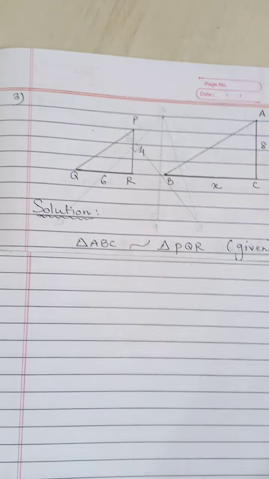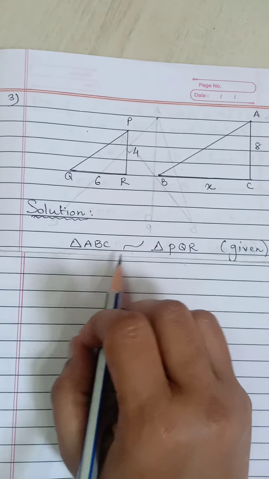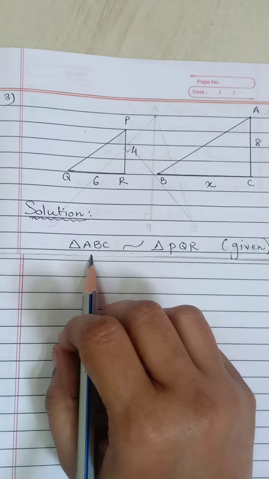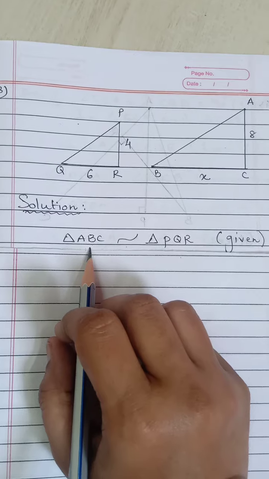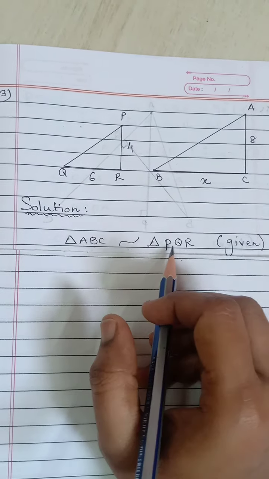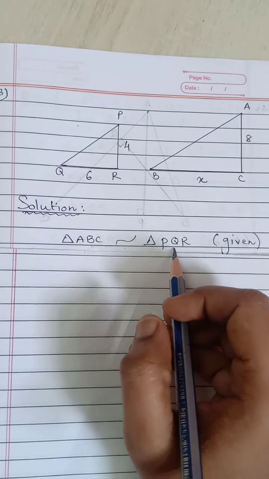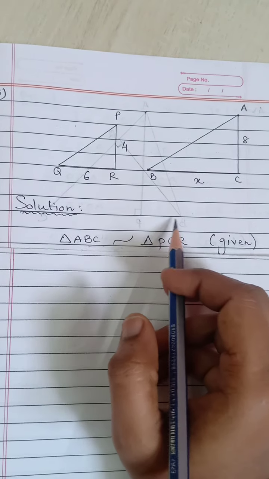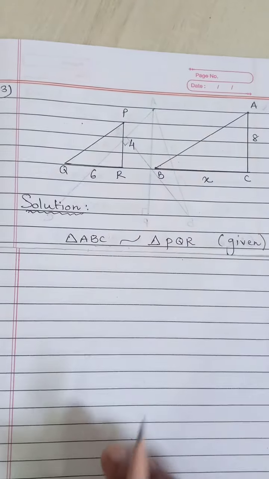Now, we know that whenever two triangles are similar to each other, their corresponding sides will be in proportion. Already we have done this in 9th standard also. Again we will see here. This is very important, how to take the corresponding sides. If I take AB, here the side PQ. If I take BC, here the side QR. If I take AC, then here the side PR. Like that we have to take the corresponding sides and take their ratio.